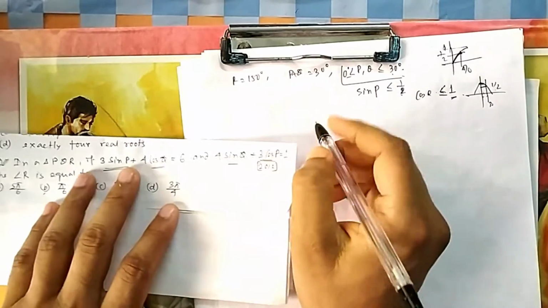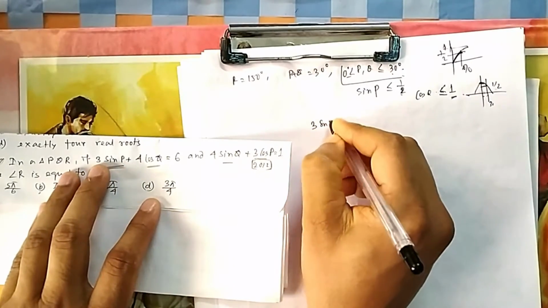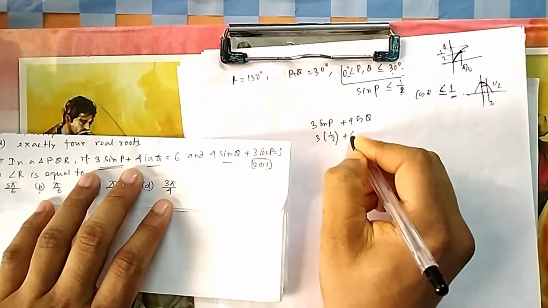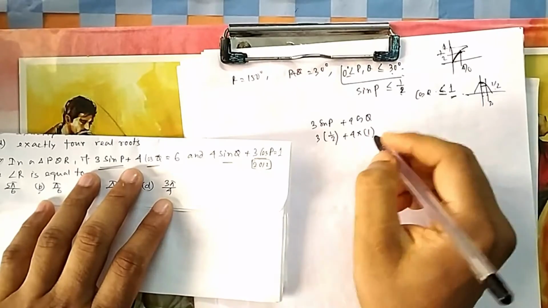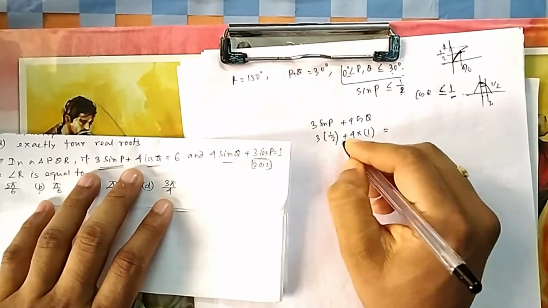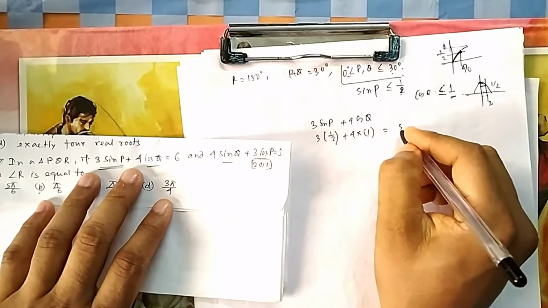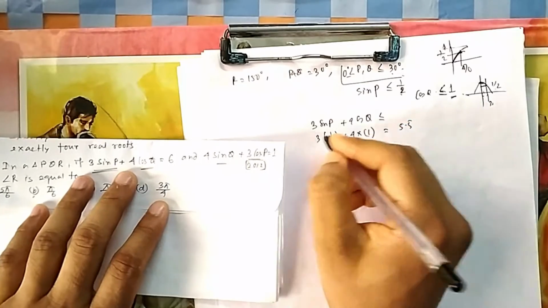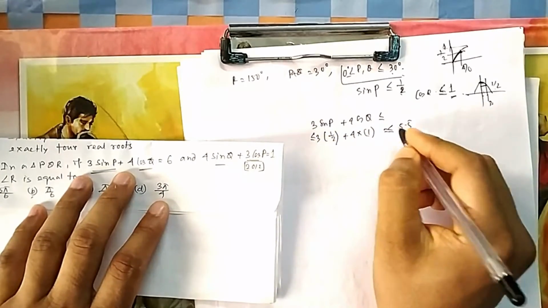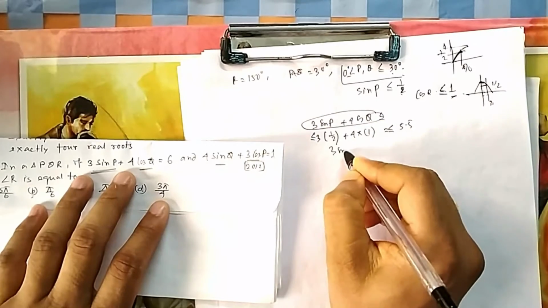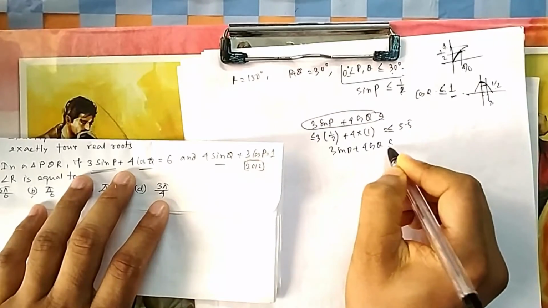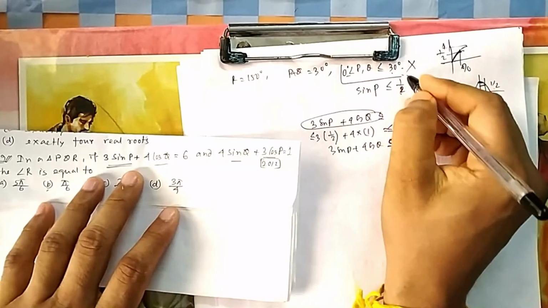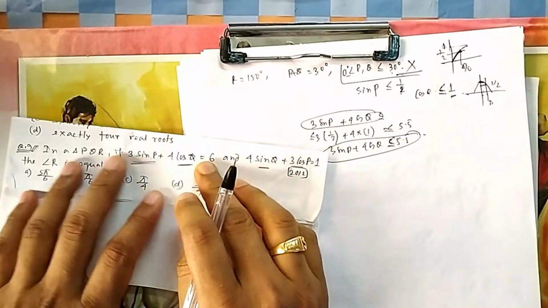So if you put these two here, 3 sin p will be less than 3 sin p power plus 4 cos q. So 3 sin p is 3 into half, 4 cos q is 4 into 1. So if you see this, how much is this coming out? It is 1.5 plus 4, 5.5. So this is less than 5.5. So your expression 3 sin p plus 4 cos q is less than 5.5, but it is given as 6. So if you take this condition, it can never reach 6. So this equation will not be satisfied.